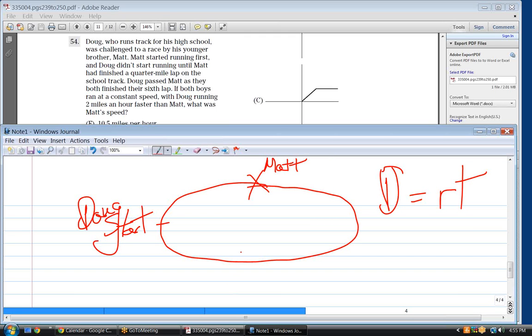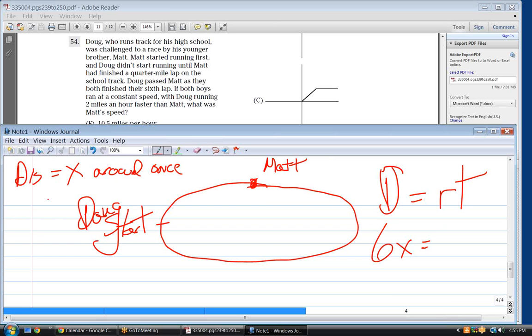So, what should we make our distance around the track? Let it be X. Yeah, okay. We'll say the distance is X around once. Okay. So, the equation for Doug. The distance is 6x, right? Yep. That's a starting point. For Doug, his distance is 6x. The rate that he's running,